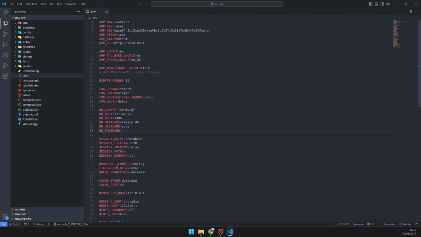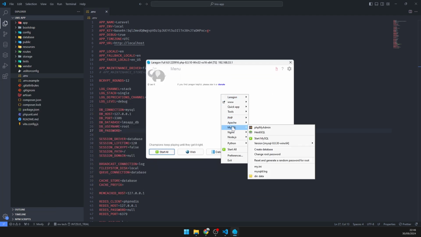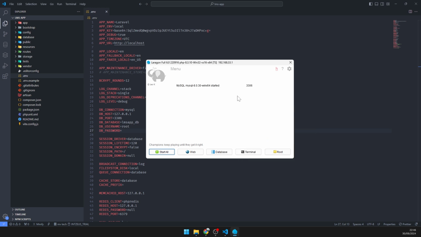Next step, open Laragon, then start the MySQL service and log in to HeidiSQL.